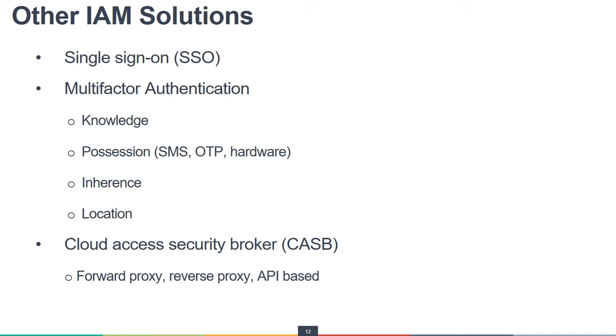SSO allows a user to authenticate a single time, as I discussed in the previous slide, because you just need to provide your credentials once, and once you're authenticated, you will have access to all the applications by default. Sometimes it is risky, and sometimes it is more difficult as well, because in cloud you have different platforms and different cloud environments, like hybrid or other clouds, where single sign-on might not work, and there you need the federated